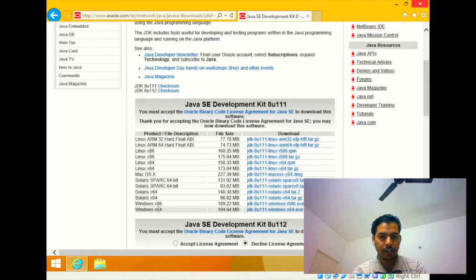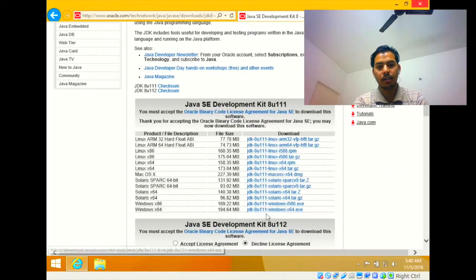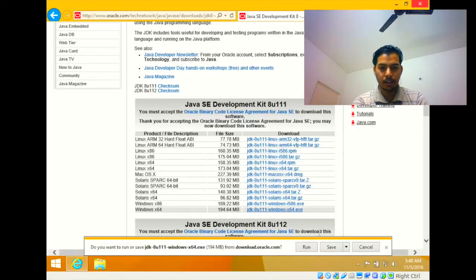As we are using x64 processor, I mean it's a 64-bit processor, we are going to download this edition. Most of the processors that are there in the market are 64-bit processors, so most probably your machine is also having 64-bit processors, so you can download this exe files. So click on it and press this save, and it is going to download the file.